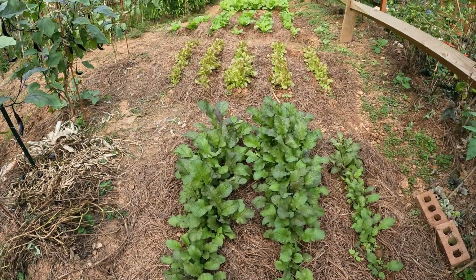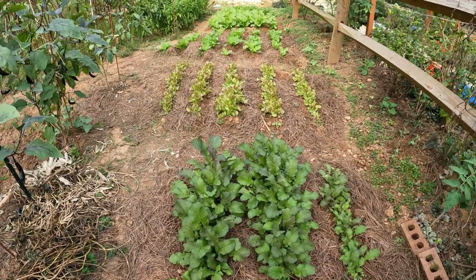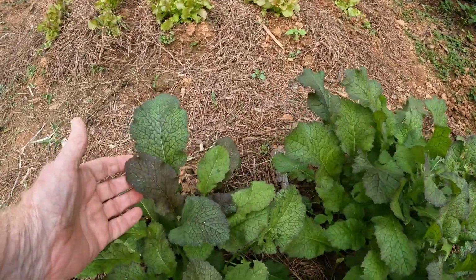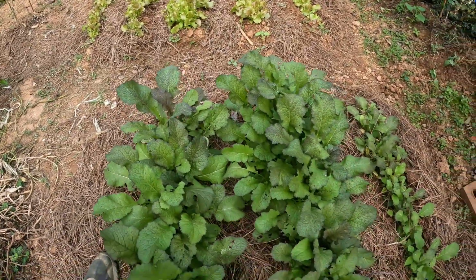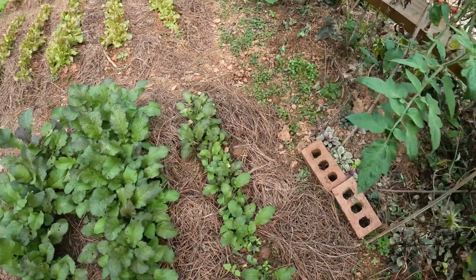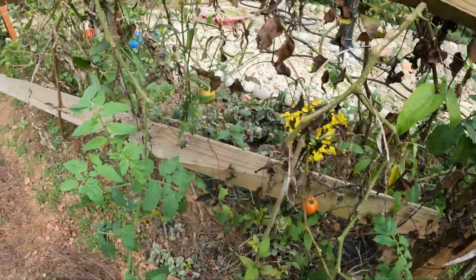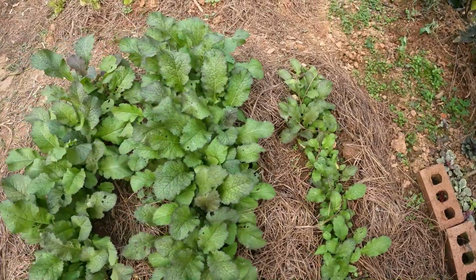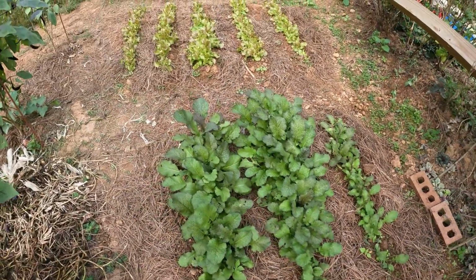So this first section is the Korean purple mustard, and as you can see, we're starting to get some purple tinges now to the leaves, and they are doing fine. This first row is being shaded out by these old tomato plants that are still hanging in there, and so they're not growing nearly as nice as these that are getting more sun. Then the second thing we've got over here